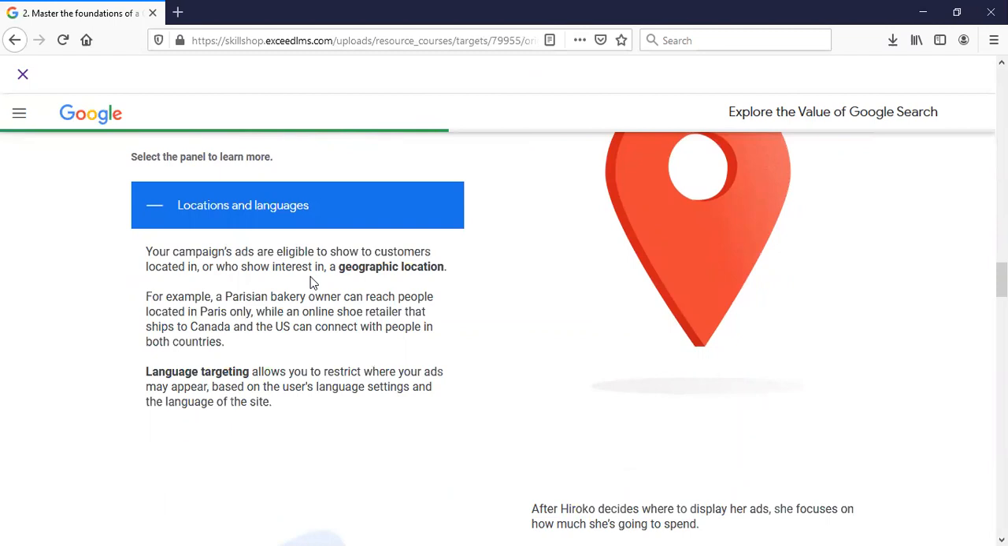a geographic location. For example, a Parisian bakery owner can reach people located in Paris only, while an online shoe retailer that ships to Canada and the US can connect with people in both countries. Language targeting allows you to restrict where your ads may appear based on the user's language settings and the language